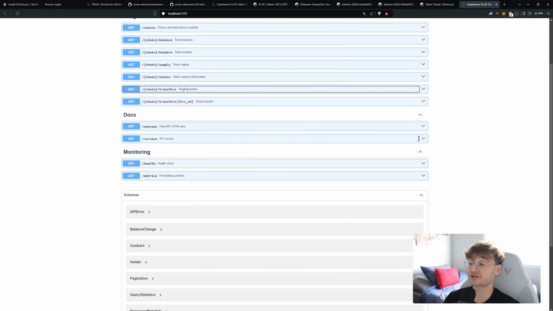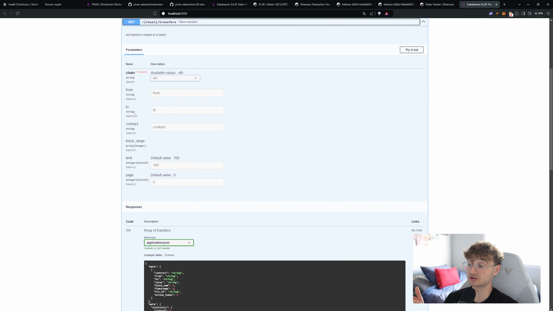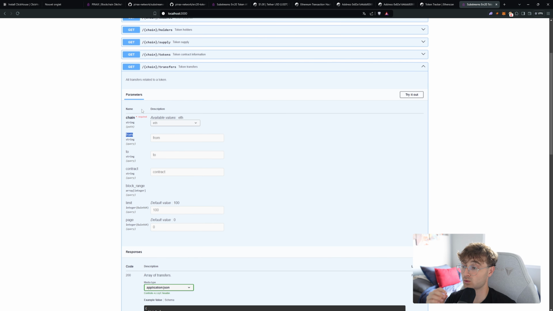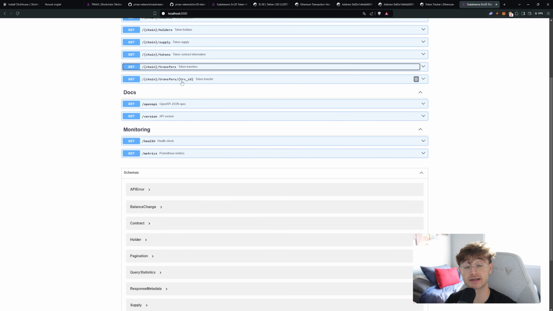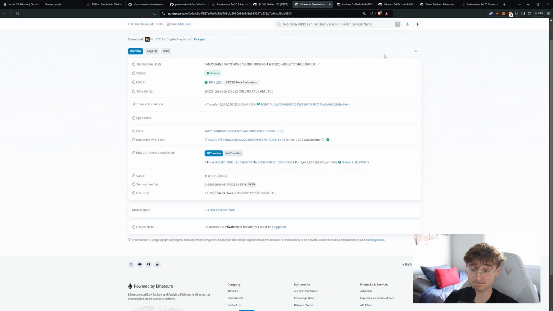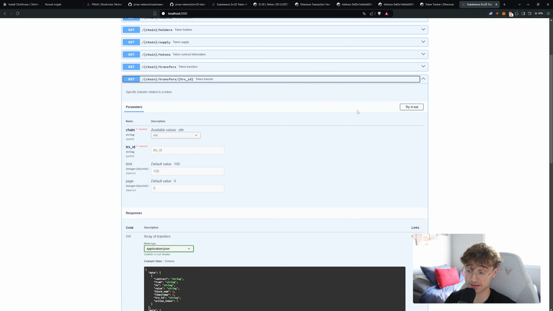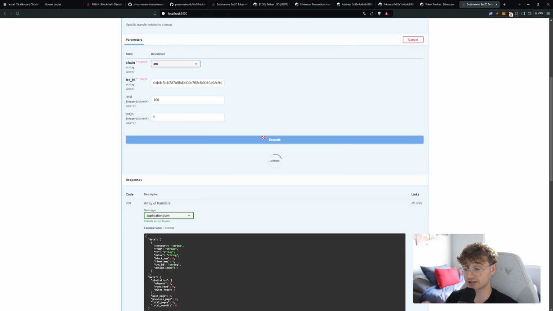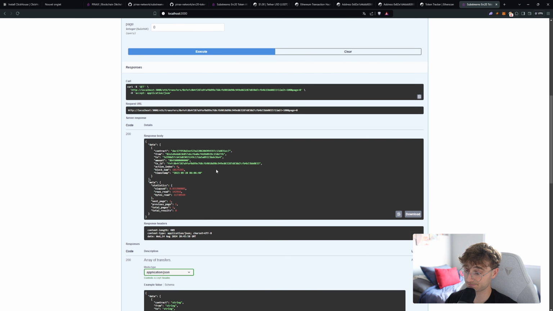We also provide data about transfers. So for example, if you want to know from one address what all the transfers are, or from a contract, for example, you can get that data. And we also provide it with the transaction ID. So if you want an exact transfer, we can get it. So for example, on Etherscan, we have this transaction. If you want the same data, you can simply go on the API, you fetch the transaction ID, and we're going to give you the information about the transfer.